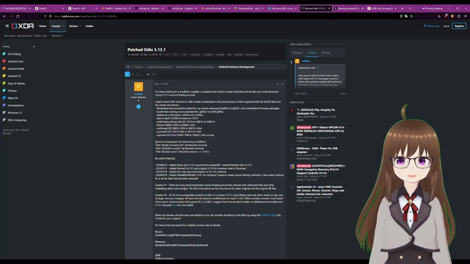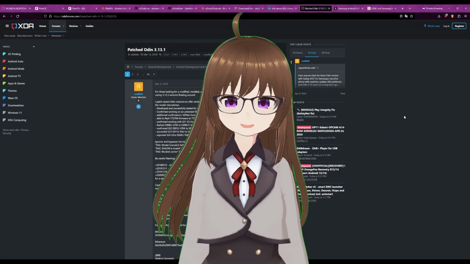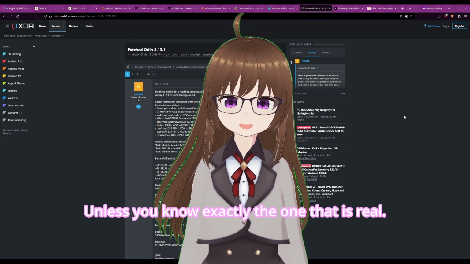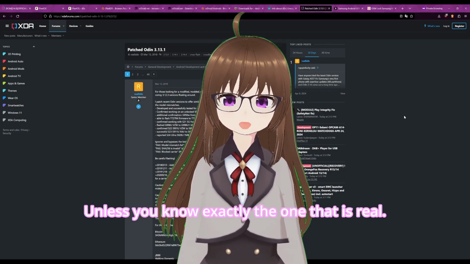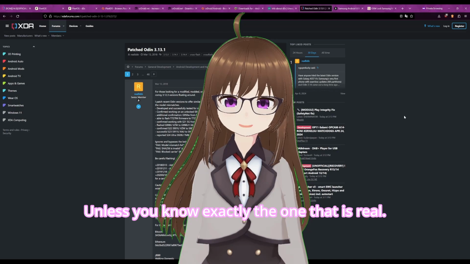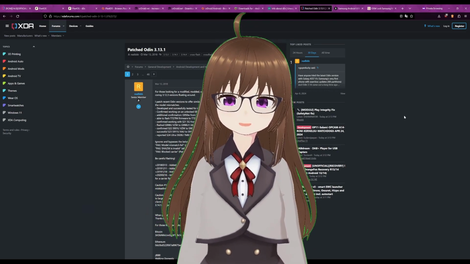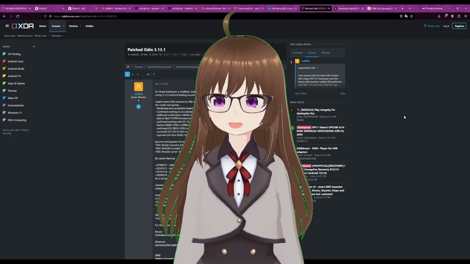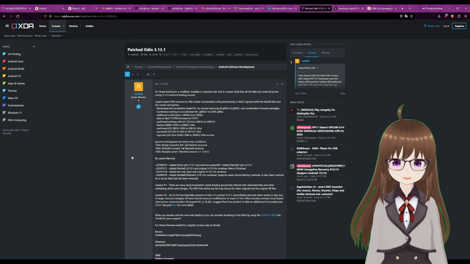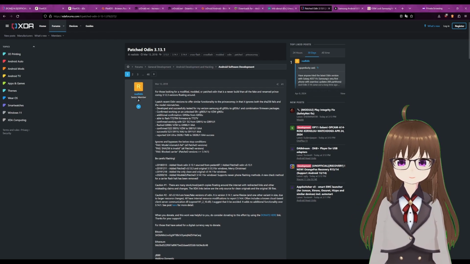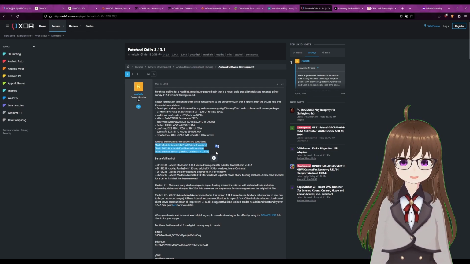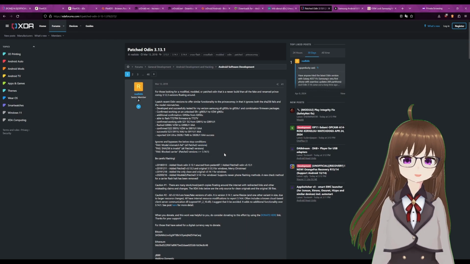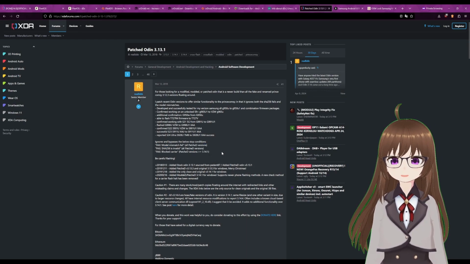And you can find Odin in this XDA forum. Please click on the one in my description. Do not Google search it because you might find fakes at some point. This thread is the real one. Be sure to bookmark it once you go there. Now the leaker has a couple of patches for Odin as well that bypass a couple of things, but in my case, I don't really have a use for it, so I'll probably be using the original version.